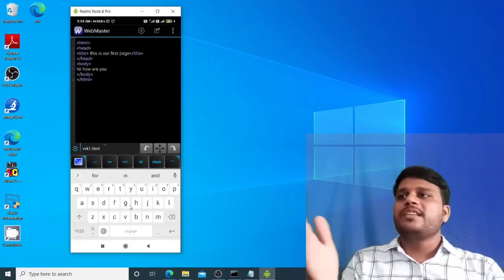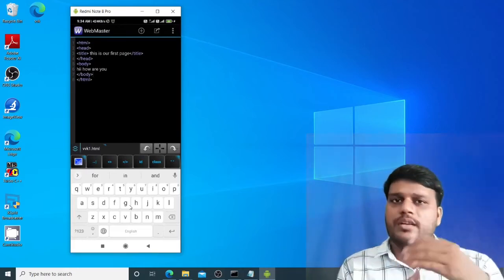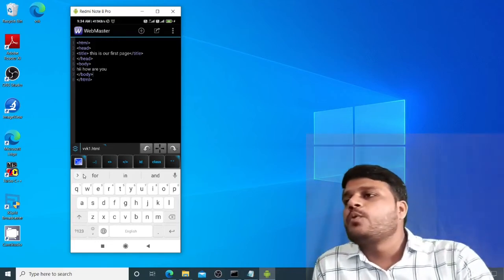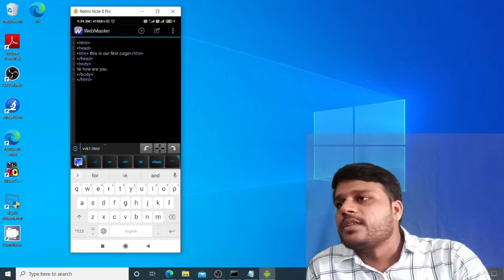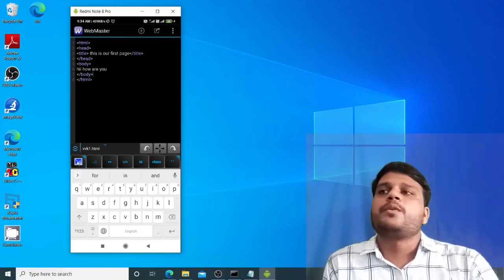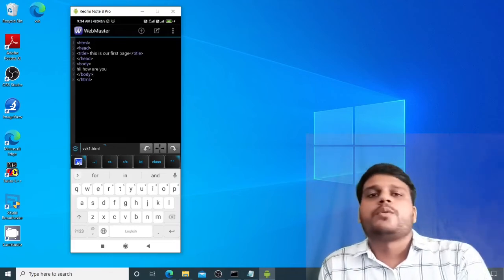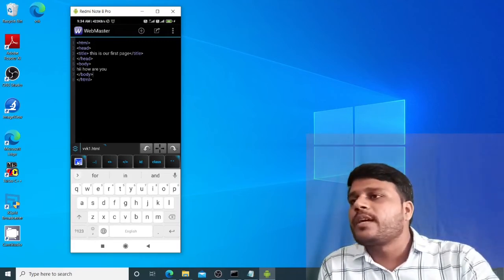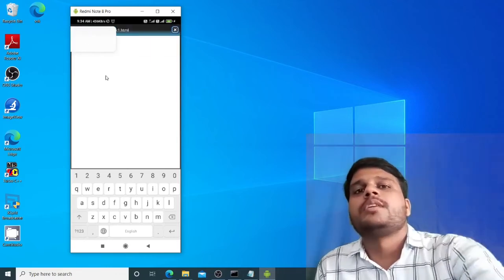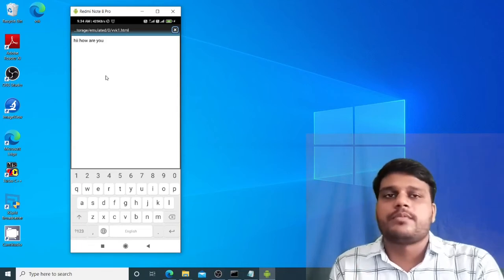If you want to run that code, then you don't need any type of web browser. There is also a provision for that. You have to tap on that option. This option will display your coding, or all the stuff whatever you coded into your HTML documents. Tap on that icon. Here you can see hi, how are you. You don't need any type of web browser if you have already installed this software.